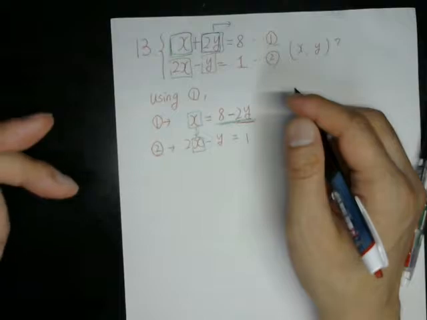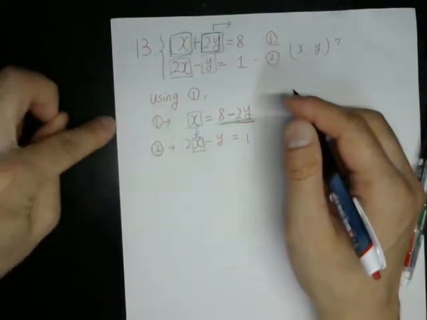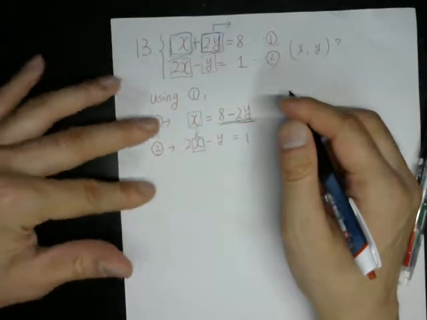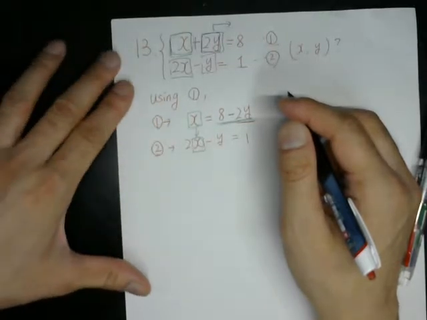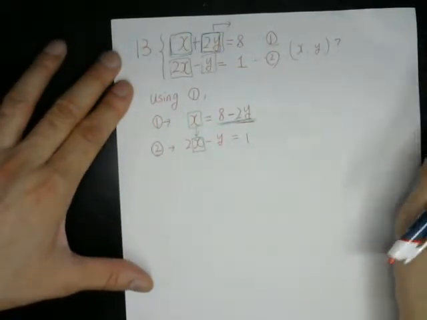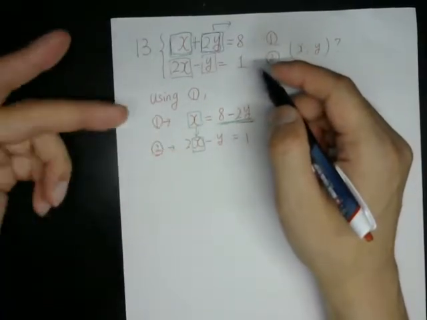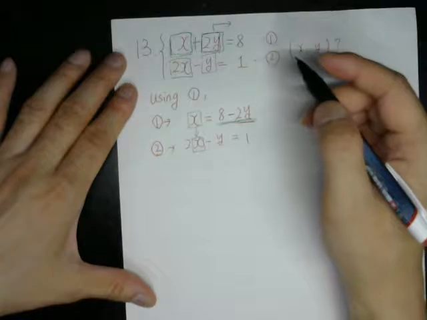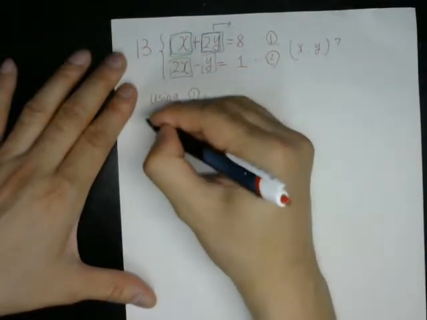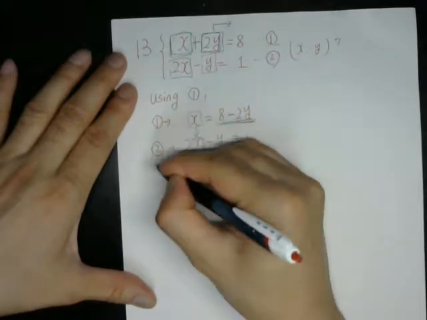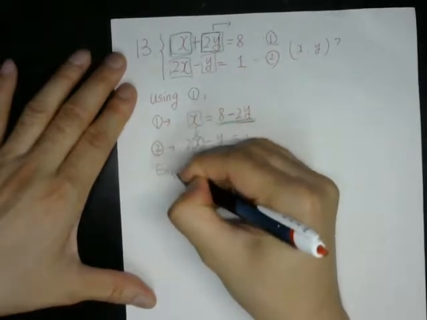In an attempt to eliminate x. Yeah, the main mechanism in the linear system is to eliminate one variable from two equations, right? So that's why, entering,